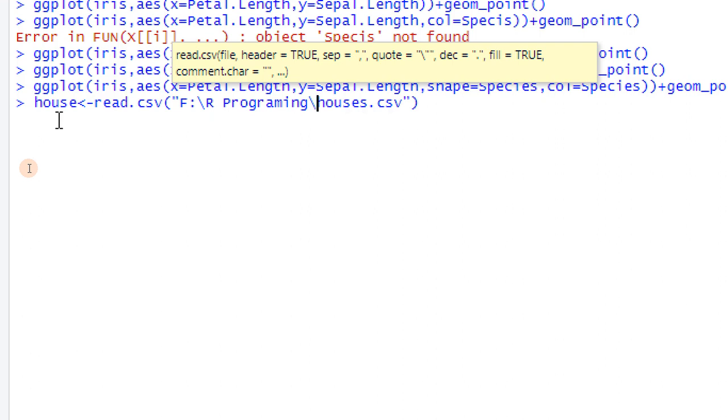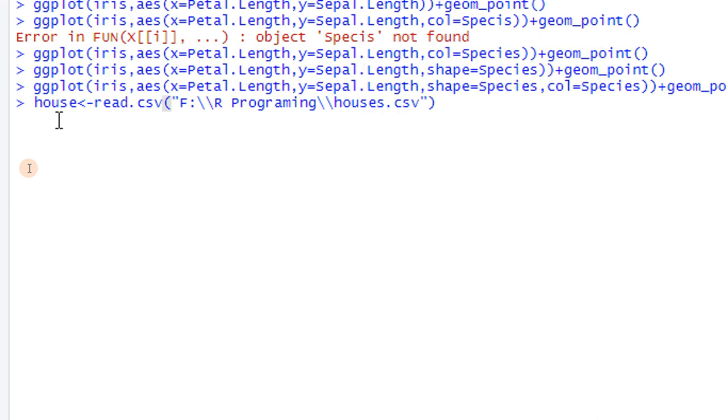So to nullify those escape characters, you can give one more backslash character. Now if you press enter, all the data available in the houses.csv file automatically goes into the house